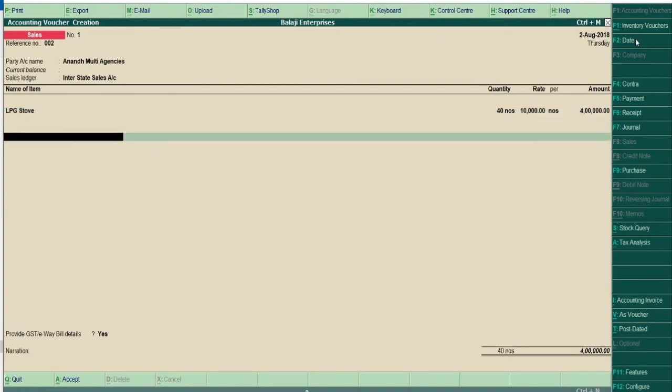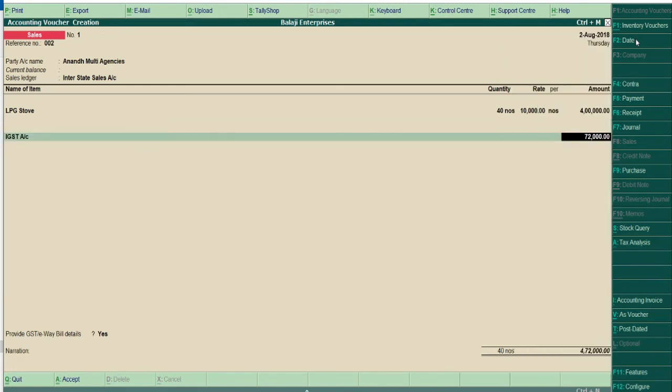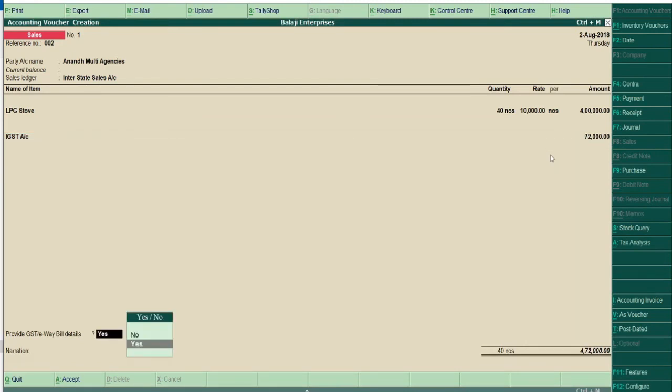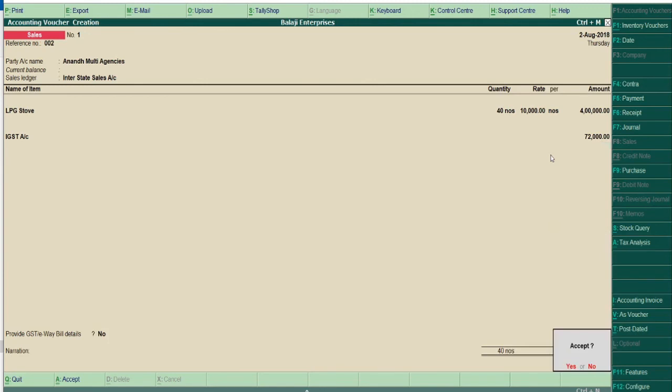Again press enter key and then space bar, select IGST and the amount will be calculated automatically. 18% on 4 lakh. Simply press enter key and accept.